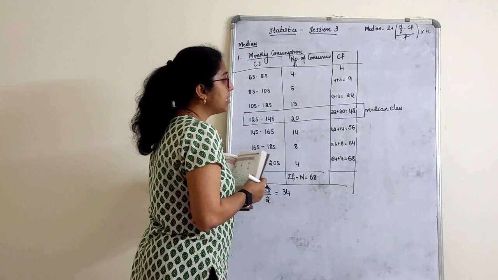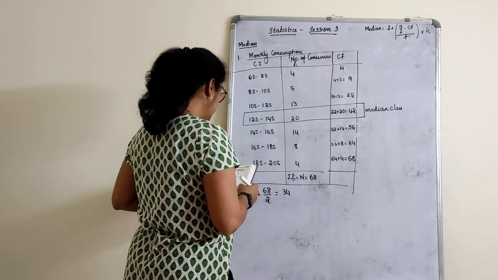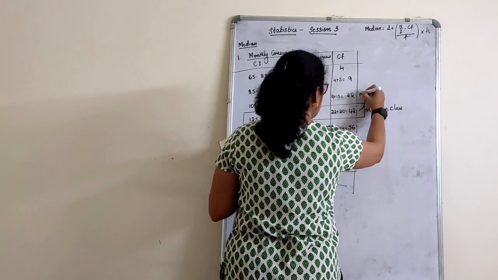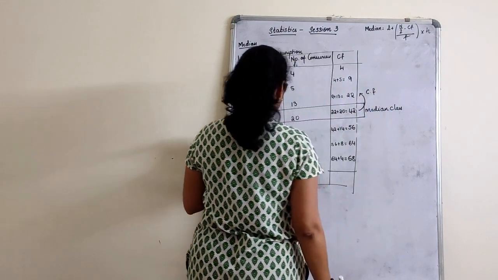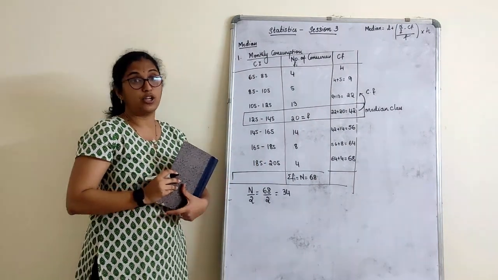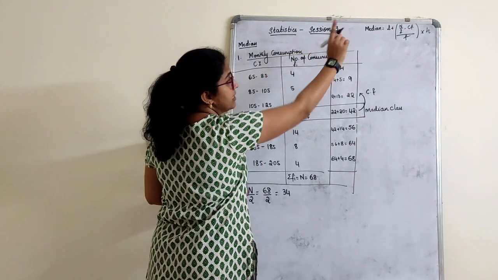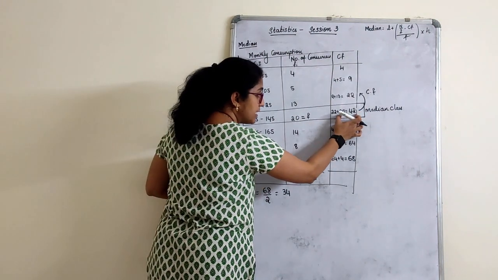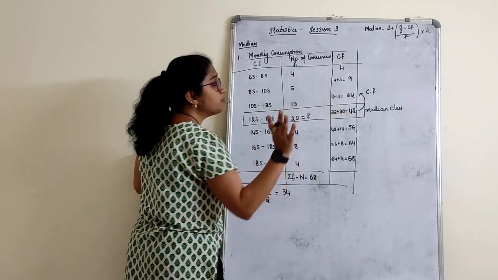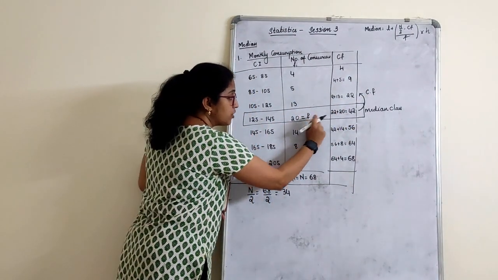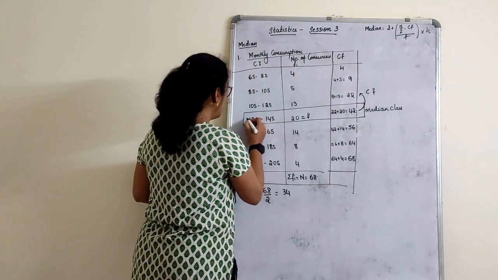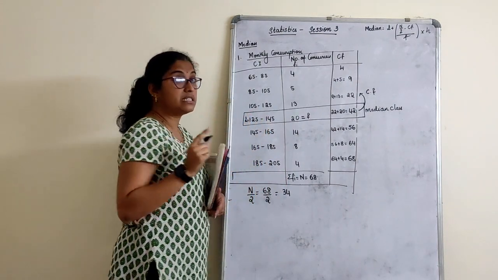Okay, so if this is my median class, always what I consider here is, it lies in 42 here. The frequency above the median class is always the CF, remember, and the frequency of the median class is always the actual frequency. Formula: n by 2 minus CF upon F we use. Whichever is the median class, the cumulative frequency above the median class is the CF. The frequency of the median class is the actual frequency. Now, this is the lower limit. Make sure the lower limit is continuous.